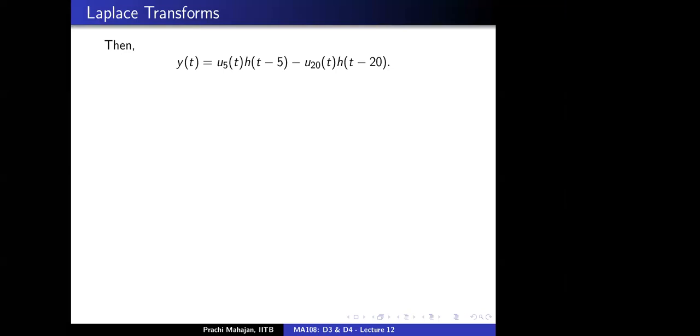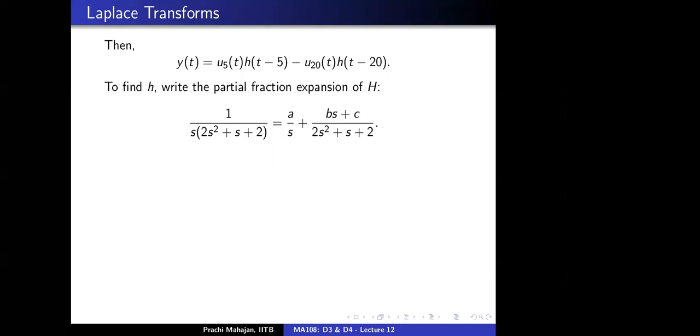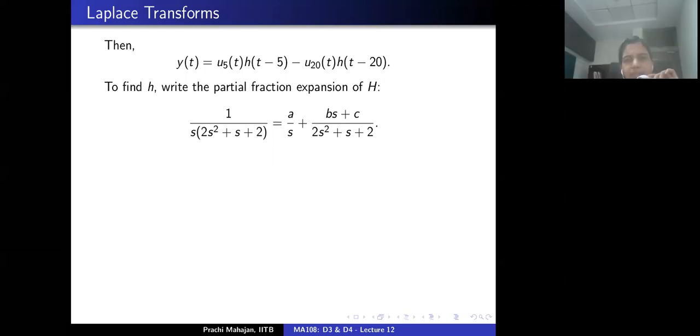Yes, ma'am. So we need to find little h, right? Okay. So one way to approach this problem is to use the partial fraction decomposition of the given function capital H, right? I have 1 by s times a quadratic here, which means that I need to find constants a, b, c such that